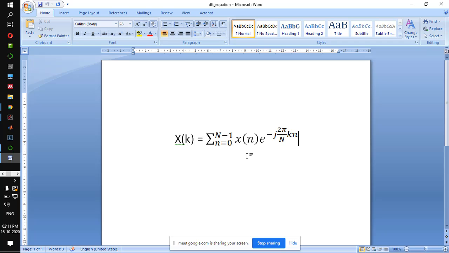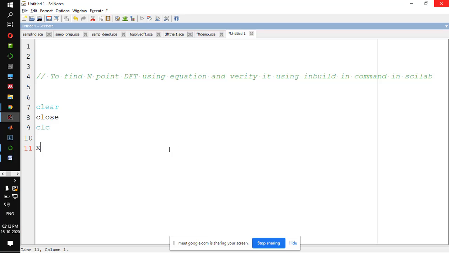Now we need to read x of n, the signal in time domain, and the number of points. For a given x of n, I want to find whether the 4-point DFT or 8-point DFT or anything, so generally it is capital N. Take small letter x, saying that it is in time domain, is equal to input, a command which will read the values which we give in the console window. In a single code, I have to write the message, enter